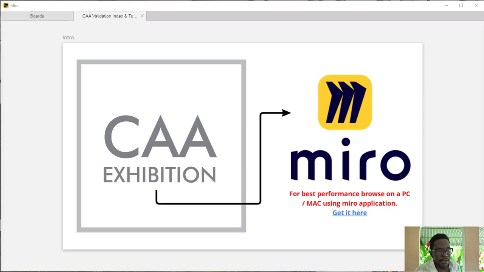Hello everyone. We're going to be doing just a quick tutorial on using Mirrorboard to lay out our work for the CAA exhibition that is required. So just a quick overview. We are going to be using the Mirrorboard platform to do the online exhibition of all the CSA